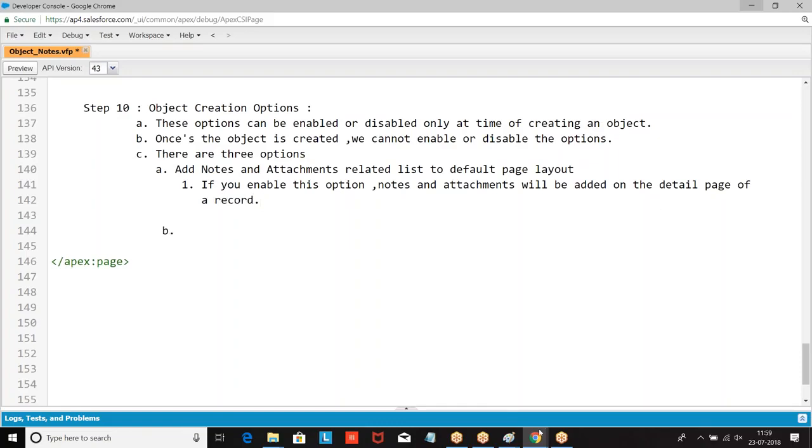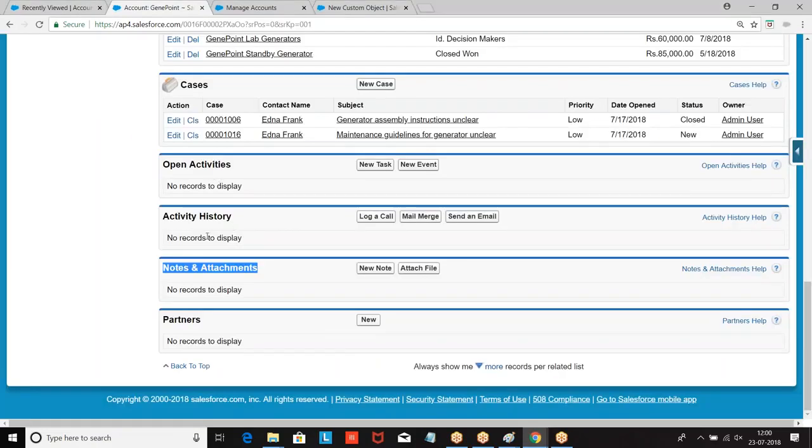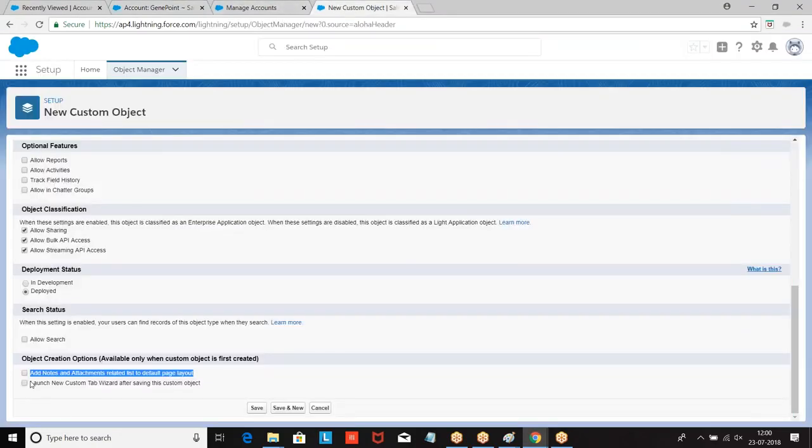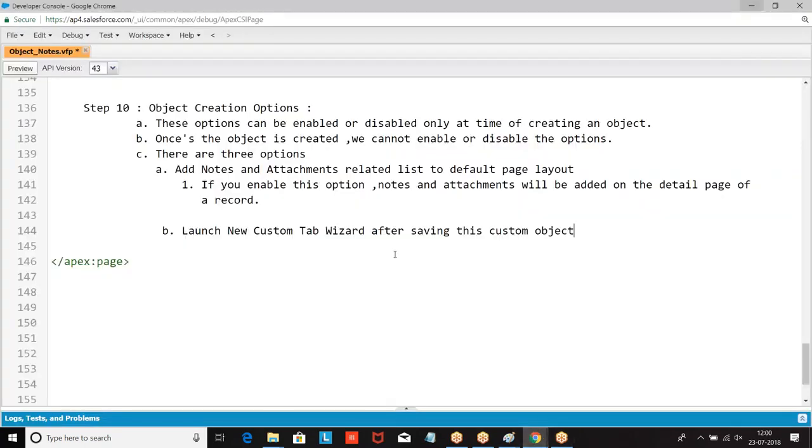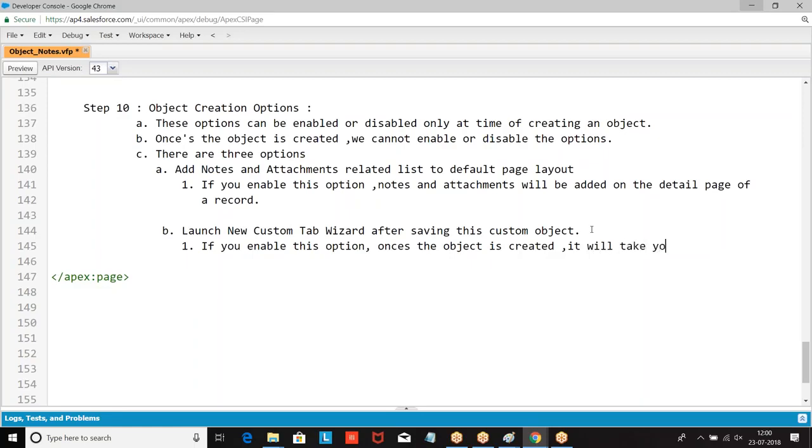Then we had next one. What is the second option we had? Launch new custom tab wizard. If you enable this, once the object is created, it will take you to tab creation page.